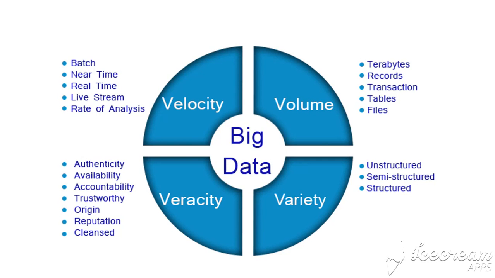Variety. Data comes from a variety of sources such as mobiles, weblogs, sensors, which have their own formats, and then it is processed and stored into unstructured or text or semi-structured XML, CSVs, or audio videos. Handling the incoming data types and then keeping a track of how it's going to be stored is another challenge.